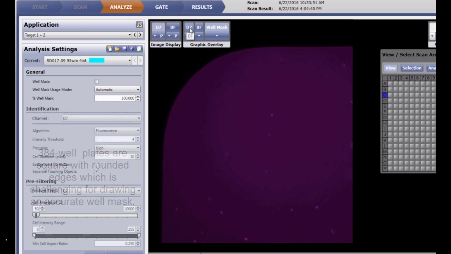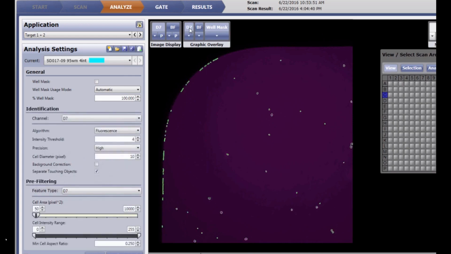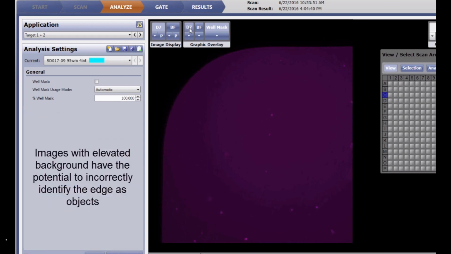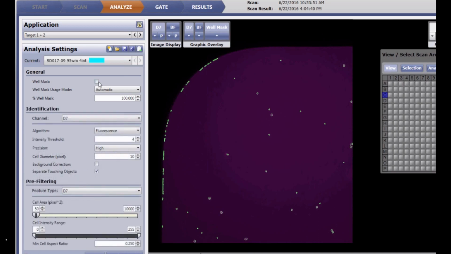Well, first, let me just tell you what's in the image. We have Draq7 stained cells, so that's a dead stain in the far red channel. And the problem with this dye is actually it has a lot of background, and that will be difficult on the edge of the wells, where it's picking up the objects. The dead cells are picked up properly, but you can see where I have the background from the dye next to the edge of the black wall. It's actually picking up those as objects, which is not correct. So we'll use the well mask to help eliminate those